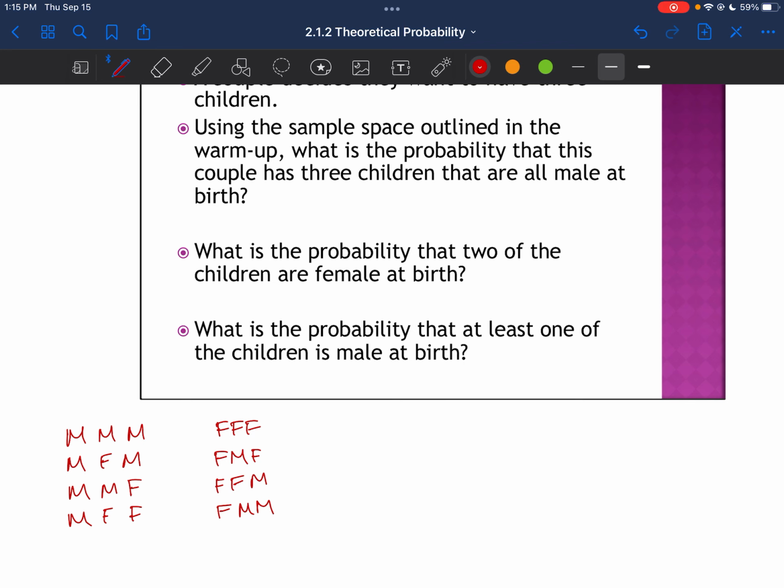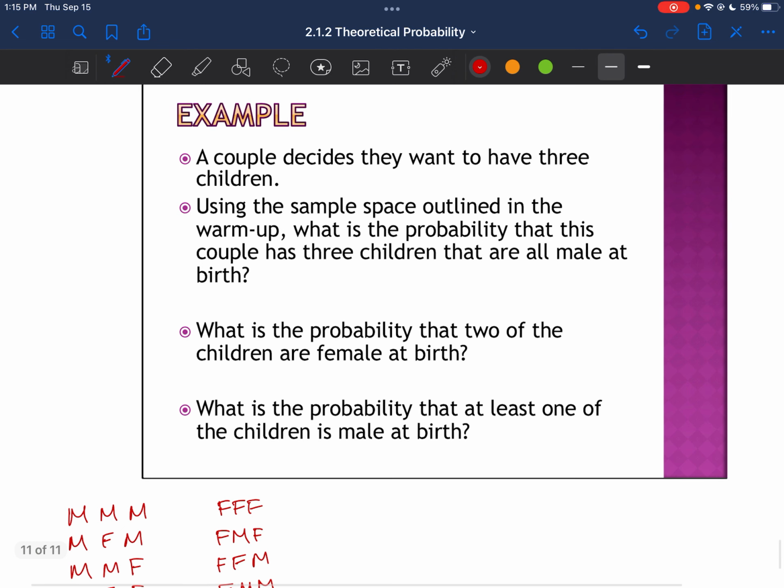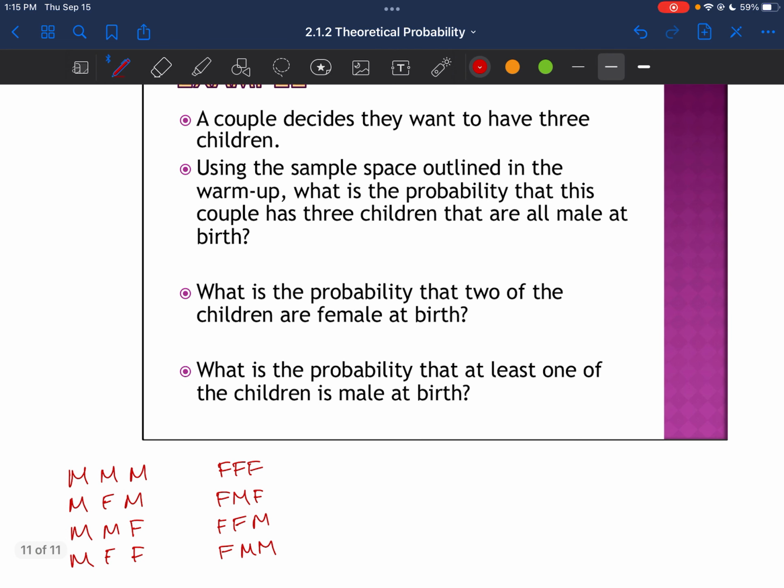And the order of these doesn't matter. It's just what comes to the top of my head first. So using the sample space outlined in the warm-up, which I just rewrote down here, what is the probability that this couple has 3 children that are all male at birth? Okay, now this one you might have been able to do in your head. All male at birth seems to just be this scenario